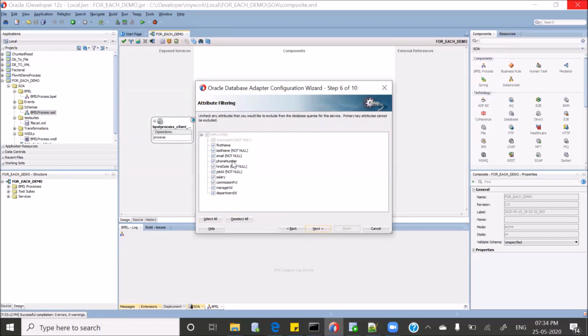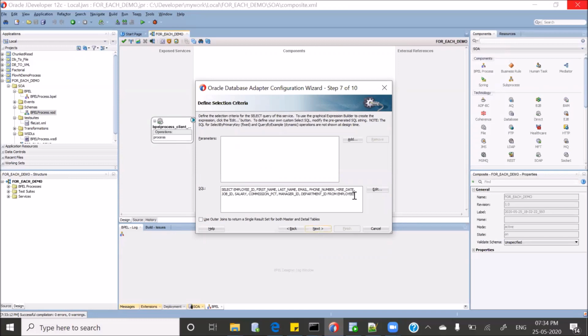These are all the values we will be getting from this employees table. Employee ID is a unique ID here, basically the primary key. Click on next. So here it got created. Now here, let's add one parameter. The name will be department ID.